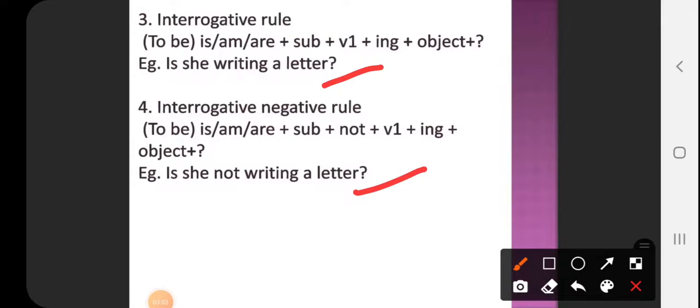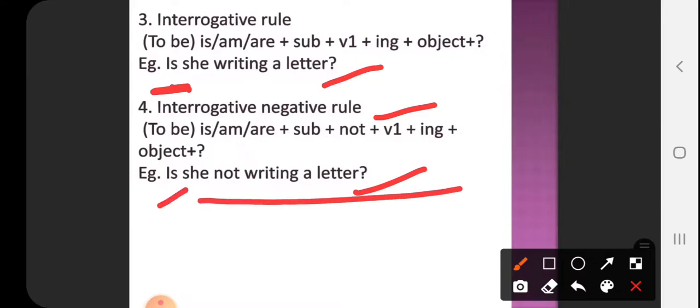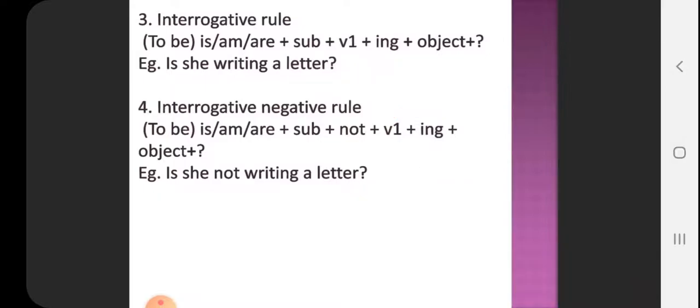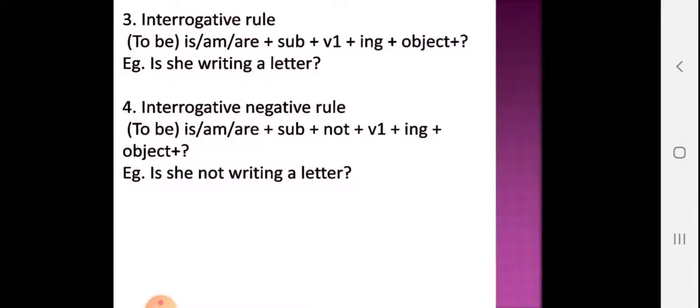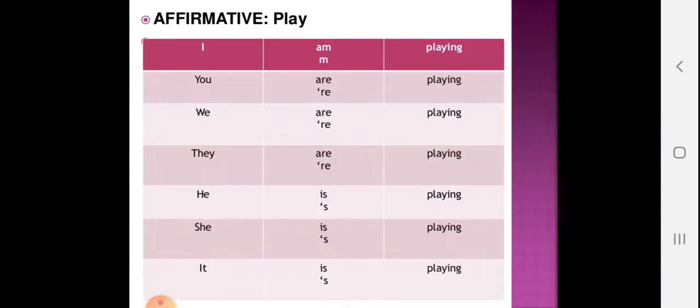Okay. If you make an interrogative of a positive sentence, then simply carry is to the beginning, and when you make an interrogative sentence of a negative sentence, you carry is and the rest of the sentence remains as it is. Right? You need to remember the helping verbs. Only the helping verb is moved, and the sentence begins with it.